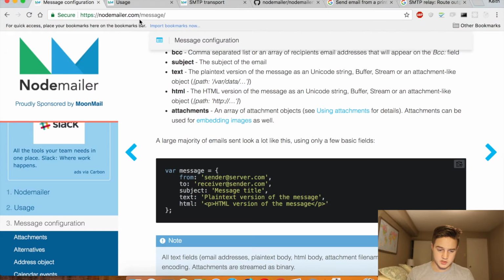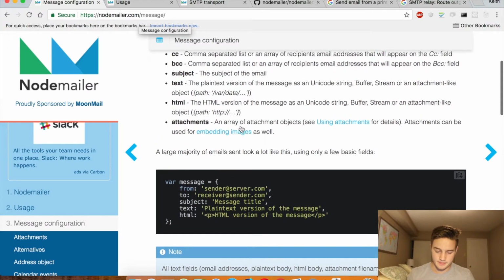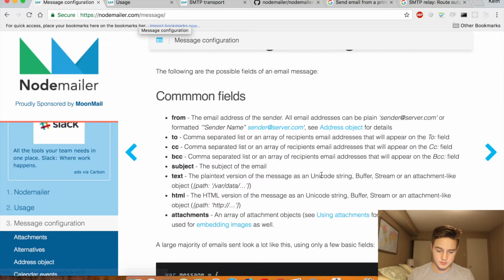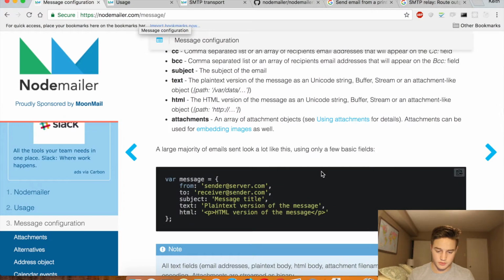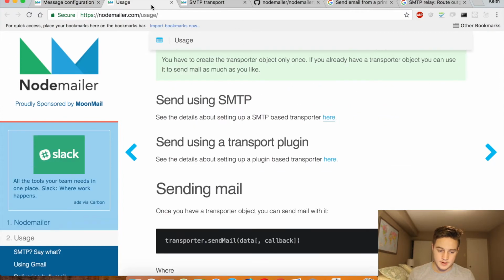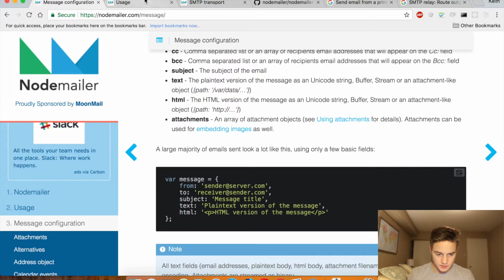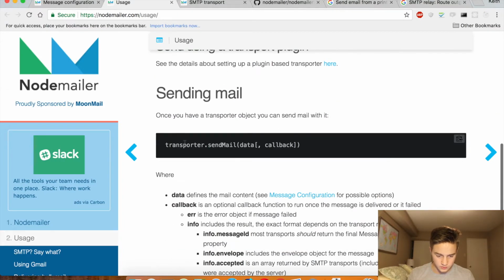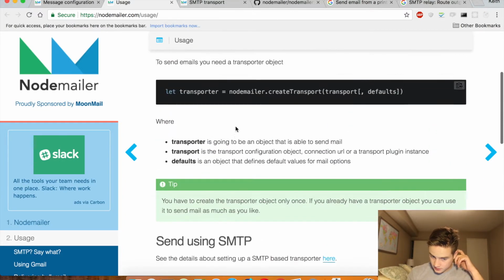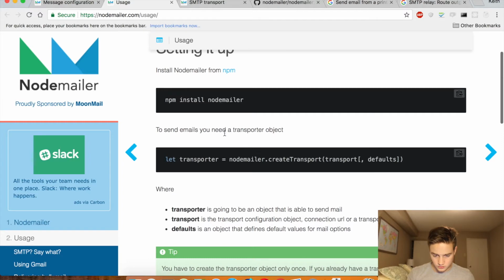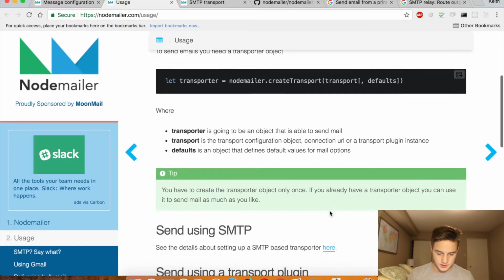So I just looked up nodemailer.com and started looking through the documentation a little bit. So this is the configurations for messages. And to send a message, here's the usage. You use a transporter. So you use the Node Mailer library. You create a transporter, and